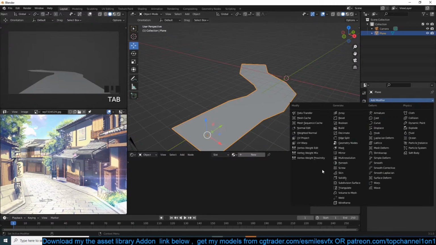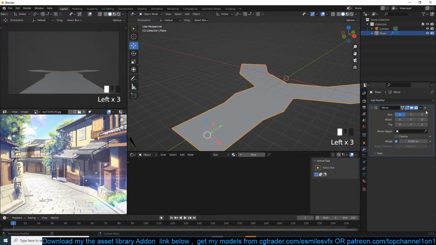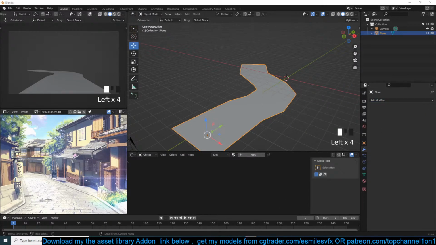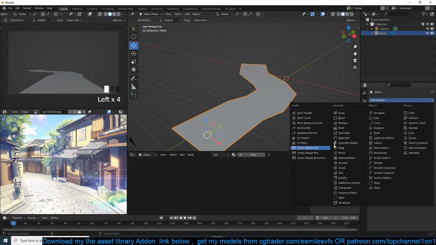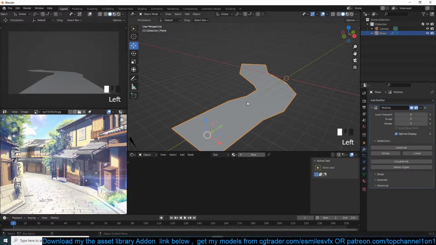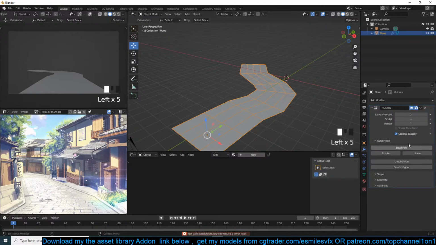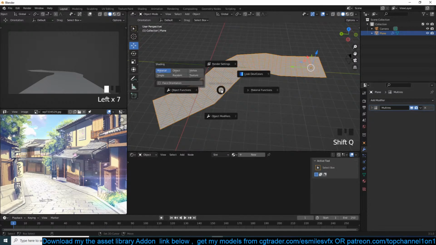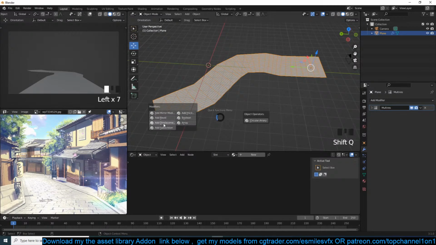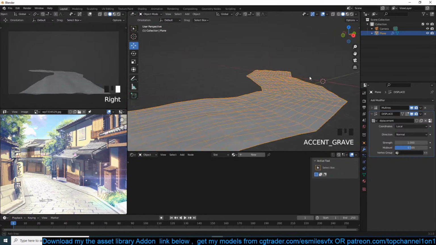Okay, let's add a multires modifier. I'm being jumpy today. Excitement. Okay, let's add a multires. Let me turn on wireframe here. Subdivide this. Make sure that I use simple. Multires, simple. So we have quite a few subdivisions there, and let's add now a displacement modifier